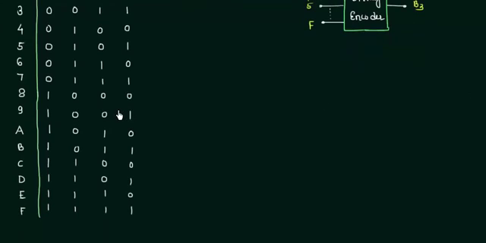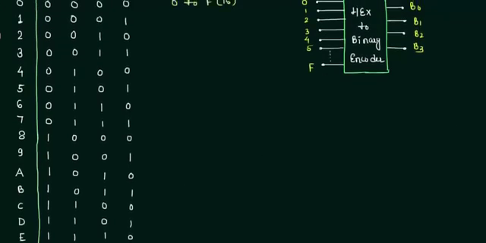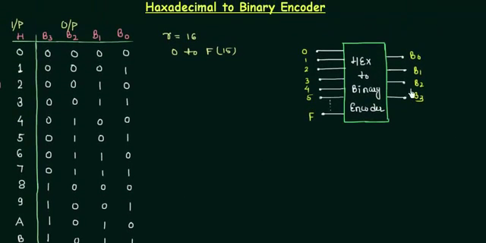and if you are in this encoders course, definitely you have already studied the number system, and you know that 10 is written as A, 11 as B, 12 as C, 13 as D, 14 as E, and 15 as F in case of the hexadecimal number system. Now it is very clear to you that 16 is the number of inputs. If I talk about the number of inputs for our encoder, n is equal to 16,